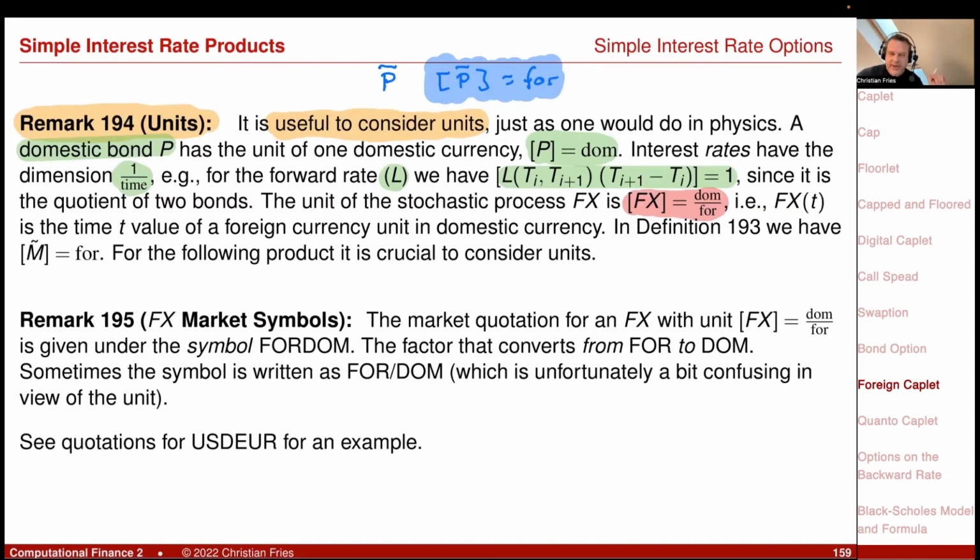So if you would like to infer, okay, what is the unit now? What is the model here doing? You just look at this payment formula to get the right unit. And of course, here my notional was also specified in foreign currency. So for this FX rate,